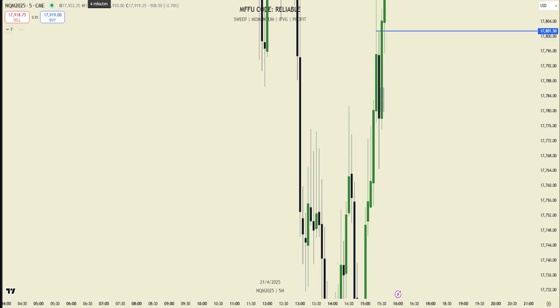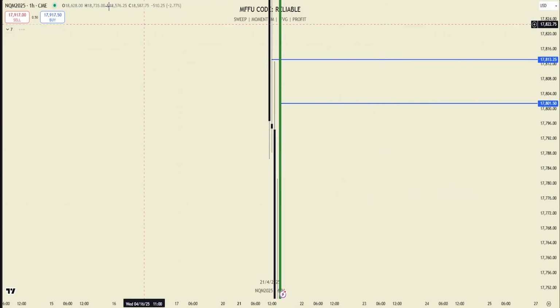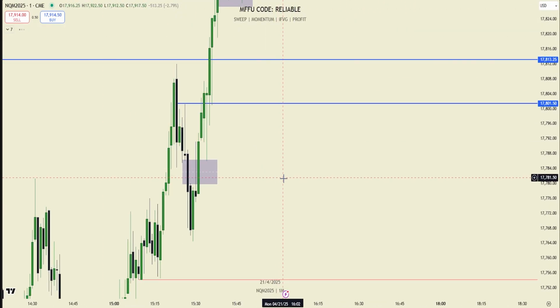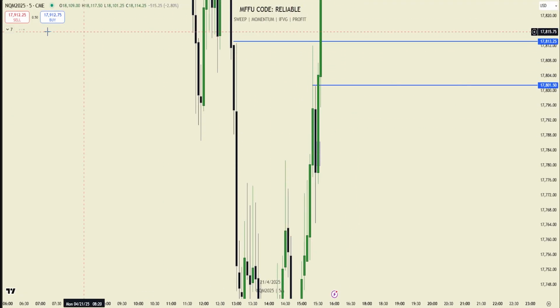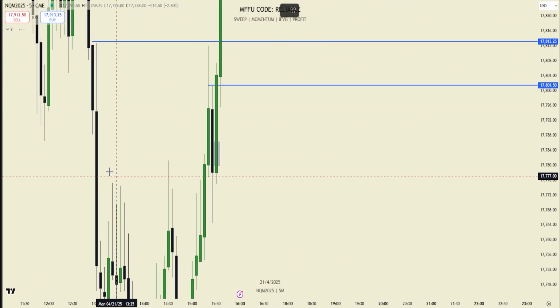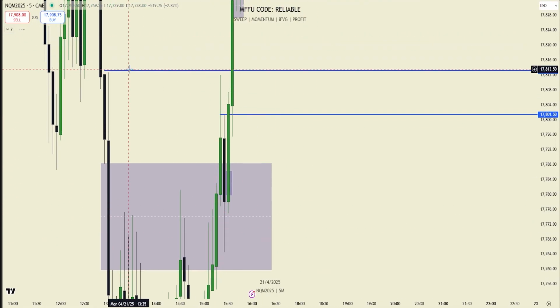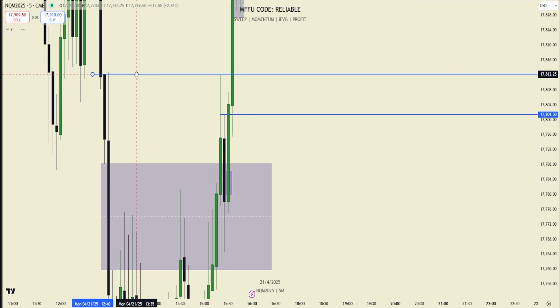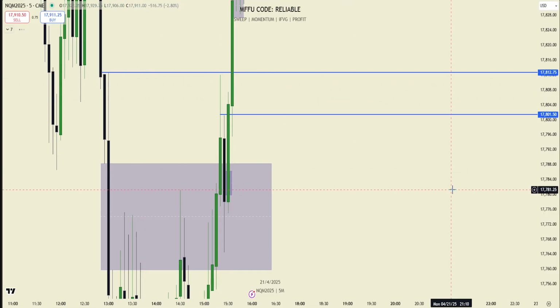Yeah, exactly, Morrowind, the relative equal highs. The unfilled 1 hour was my last target. True, that unfilled 1 hour was a good target. But then we also tap another 5 minute. So no, okay, here's the 5 minute long, right? The 5 minute above we never tapped into. We actually missed by a tick, and we left relative equal highs there. So it wasn't even like we were delivering from that 5 minute, and we left relative equal highs.